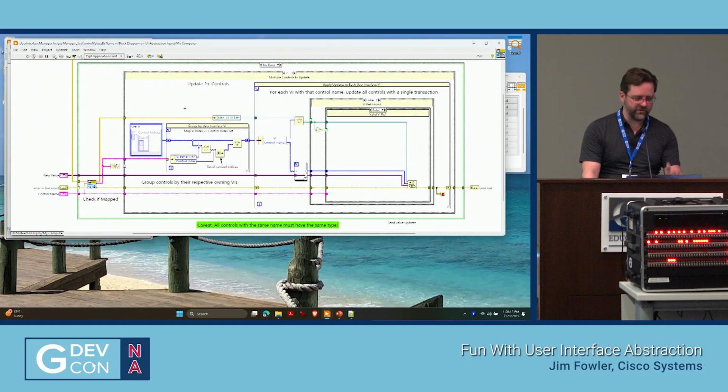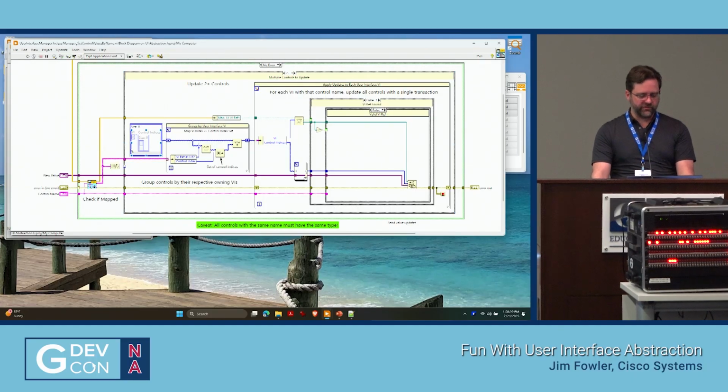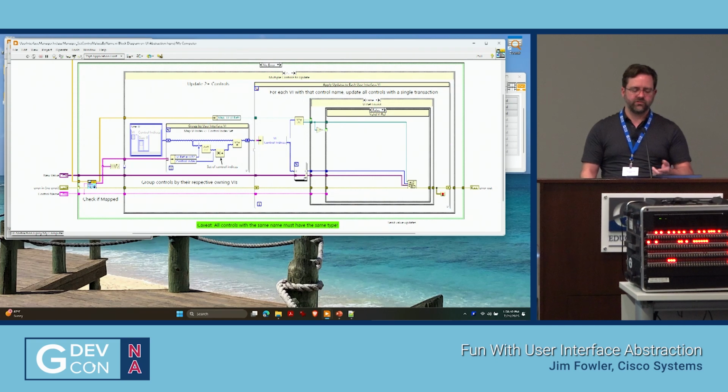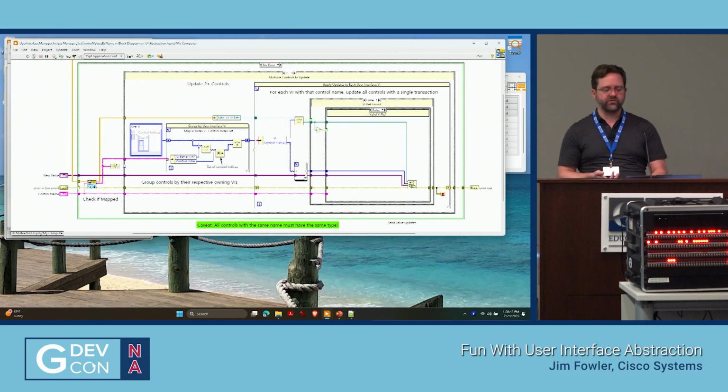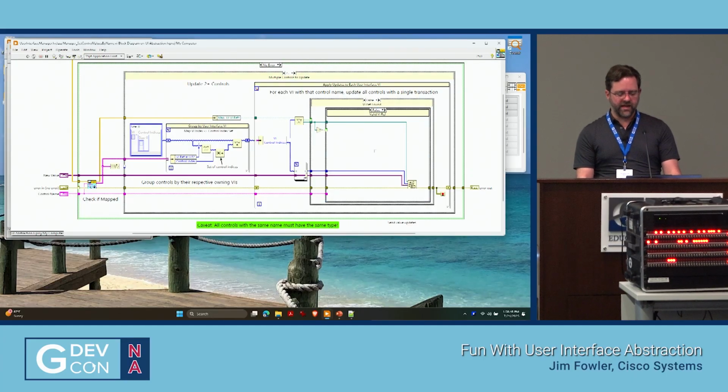Okay, here's where I'm doing it. It looks up all the mapped controls with the same label text or name, and then based on that, I look up the VI index for whatever the control goes to. So I get the VI that it belongs to and the control indices, and I'm grouping by VI so that I have minimal transactions. For each subscribed VI, I send out a series of control index updates. Really, it's just one. And that's how the values get propagated from one user interface to the other.